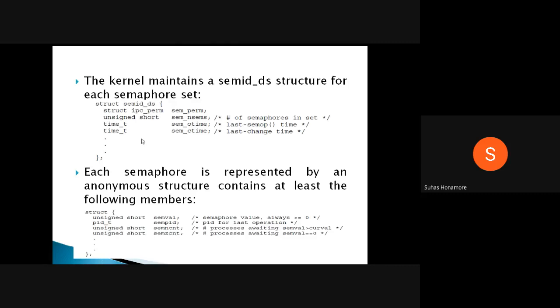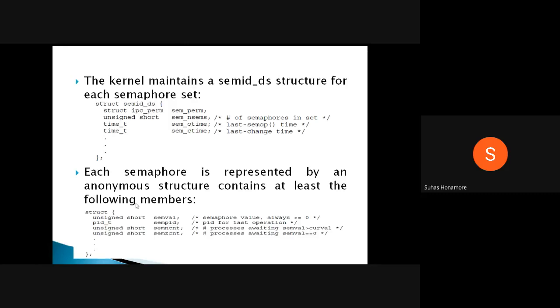Like that, it depends on the version of the kernel you are using, different fields will be there. So in general these 4 or 5 will be there, and after that, depending on the version, it will vary. Along with this, one more structure will be there. That structure is related to the semaphore values or semaphore related things only. This is maintained by the kernel, related to the semaphore data structure, who is modifying all those things.